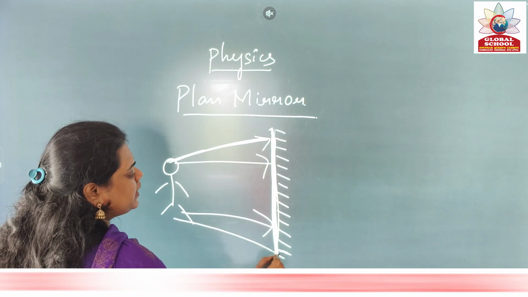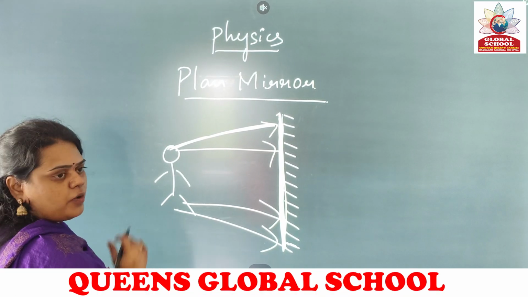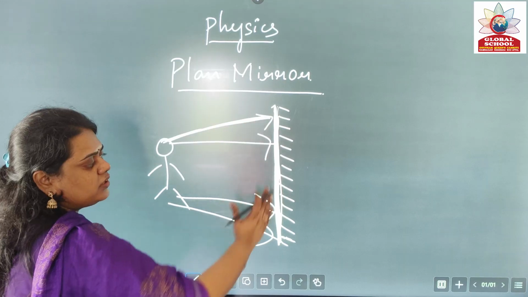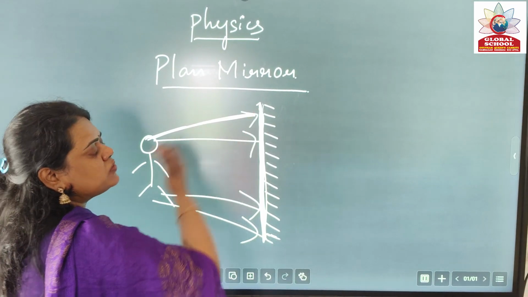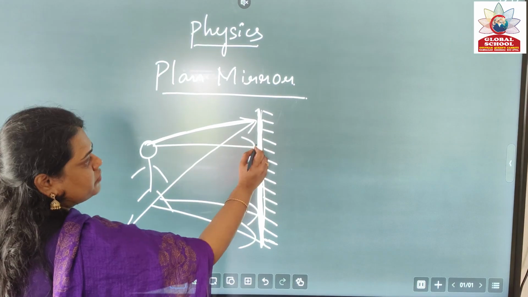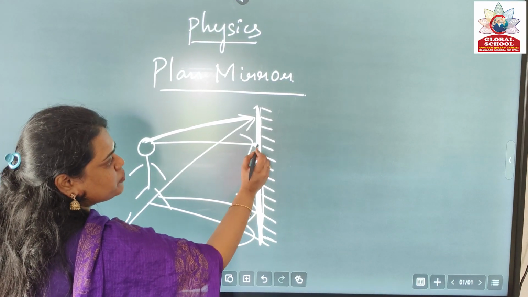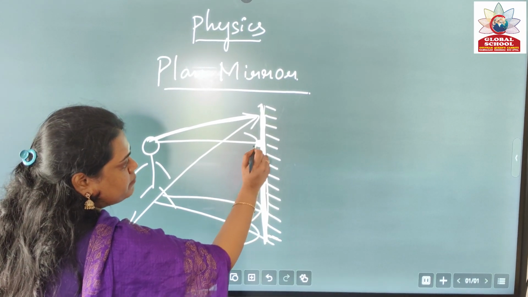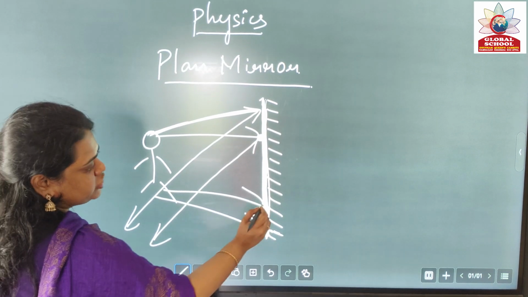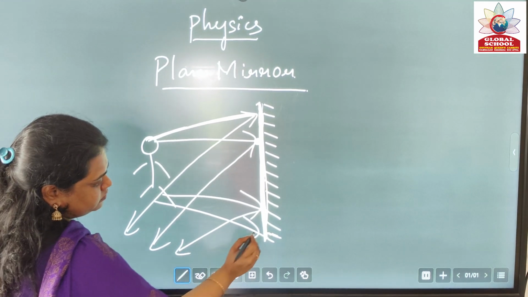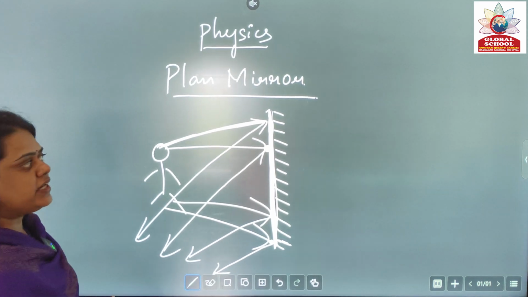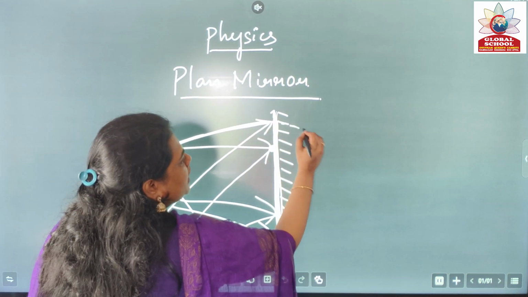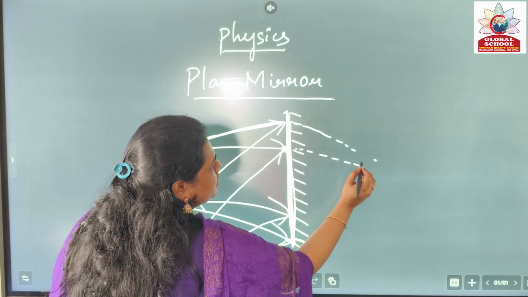There are so many light rays that are passing from the top to the bottom of the object and they are reflecting on the mirror. After reflecting, what happens? The property of the light is it bounces back. It bounces back from the reflecting point. From which point they are reflecting, they again bounce back in the opposite direction. If we enlarge these light rays behind the mirror,